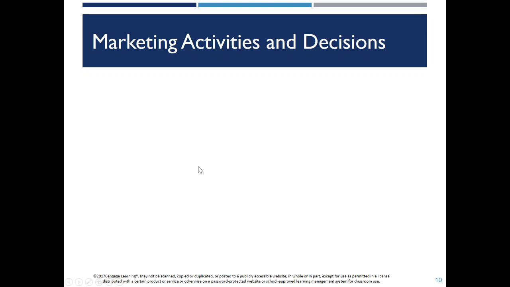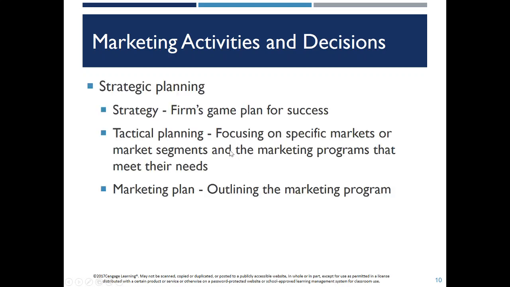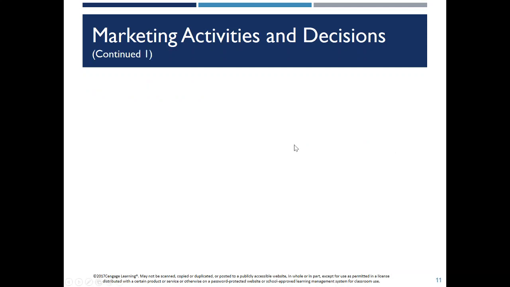So what do we do in marketing? First thing we do is strategic planning. We set up a framework that hopefully will lead to success. Put together a game plan, put together ideas about who we're going to go after and how we're going to go after that particular crowd, and then we put together a formal marketing plan that basically works as a roadmap to allow us to carry out and achieve our strategic game plan.